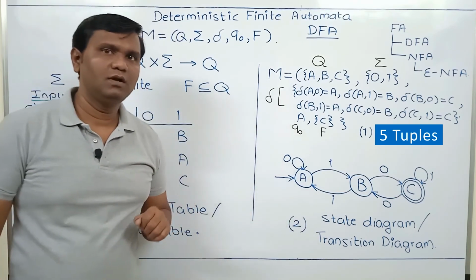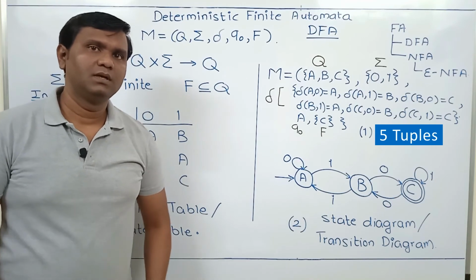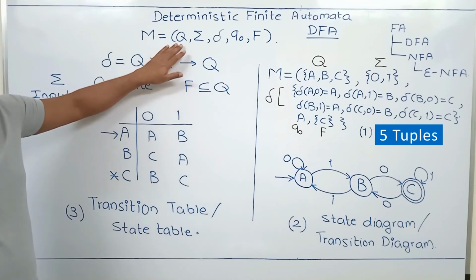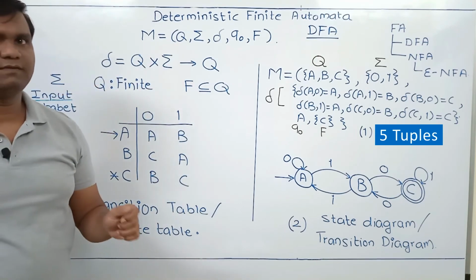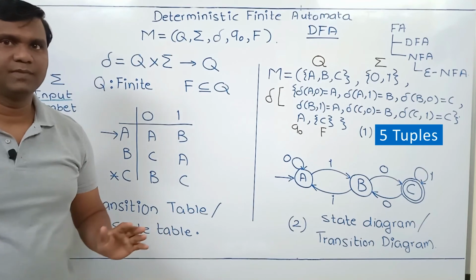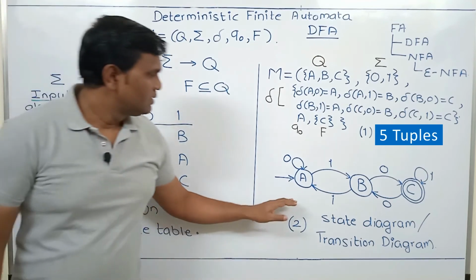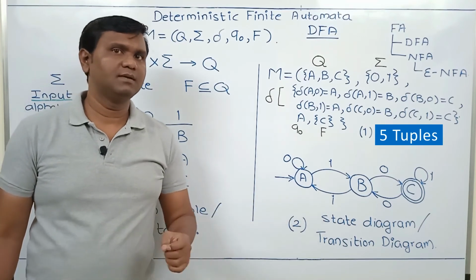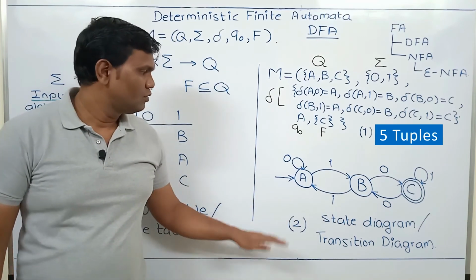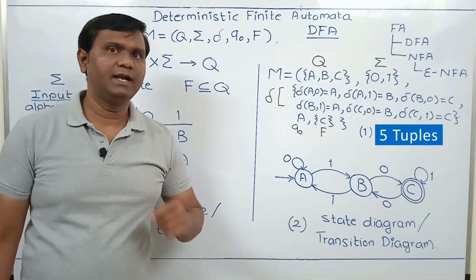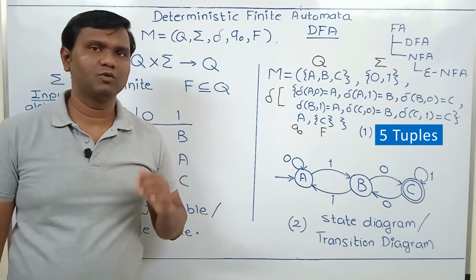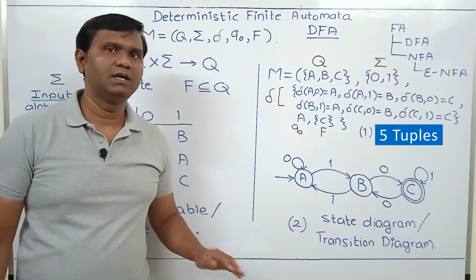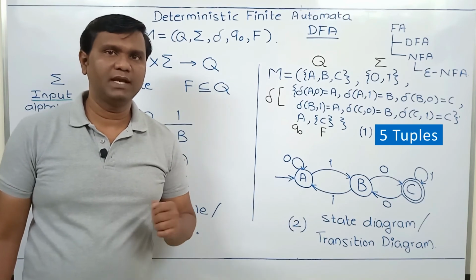Now why is it called finite automata? The main reason is that this set Q is a finite set. It cannot be an infinite set. So these states, while processing the input, act as memory elements. So DFA can hold only finite information or bounded information while processing the input. Also, DFA or any finite automata does not have any external memory element.